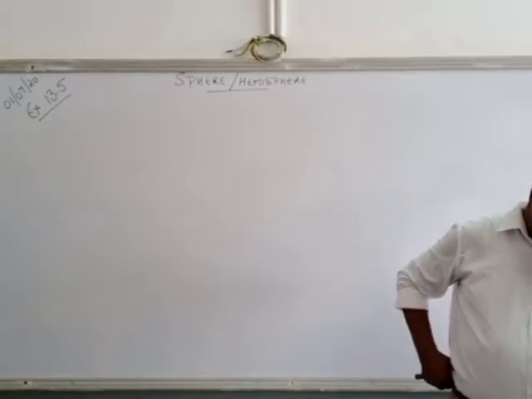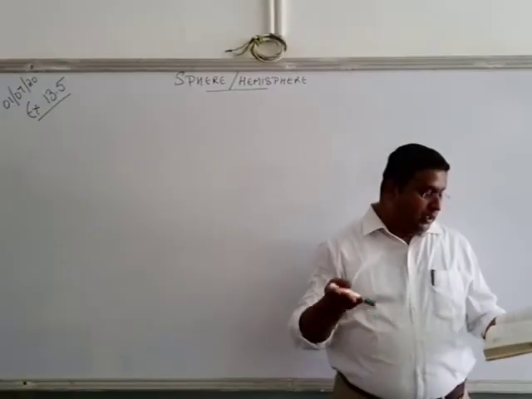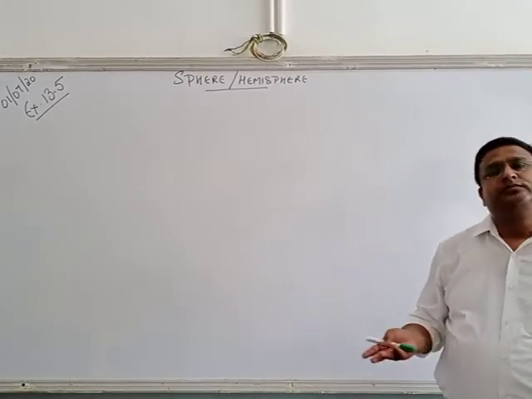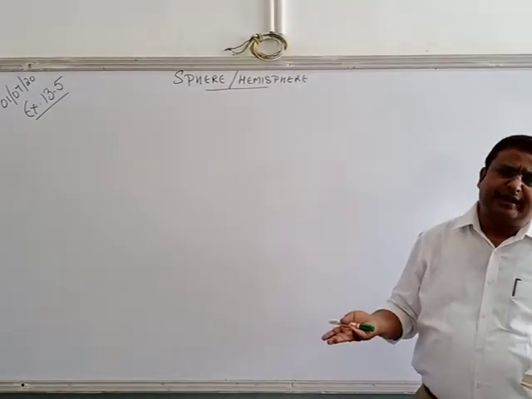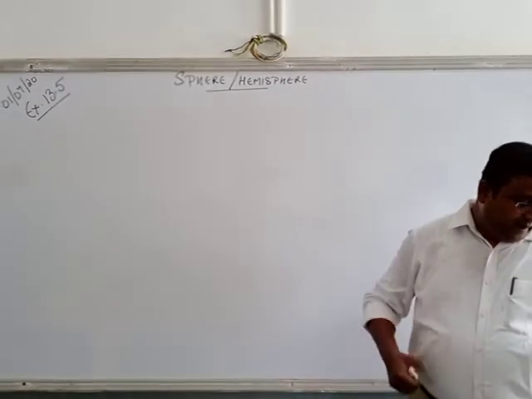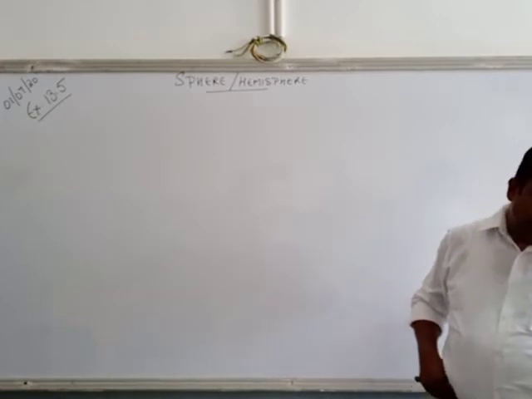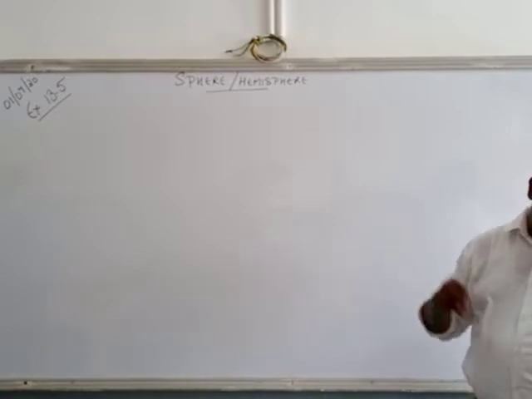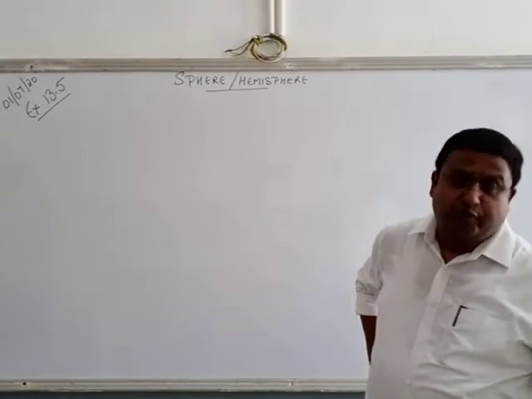Okay. Take a look at question number 6. Again you can do: the radius of a sphere whose surface area is 154. Surface area is given, 4 pi r square is equal to 154. It says find the radius. You can apply r. We are going to do question number 4, 5, 8 and 9. Rest all questions you can do. Question number 1, 2, 3, 6 you have to do.